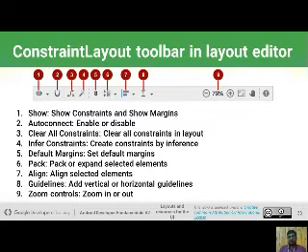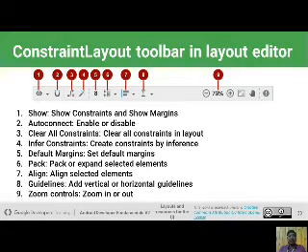Auto connect, enable and disable, means constraints are automatically connected when you perform drag and drop. Clear all constraints. If you connected constraints to the components and want to clear the constraints of any component, you click it, and all the constraints you set are cleared automatically.